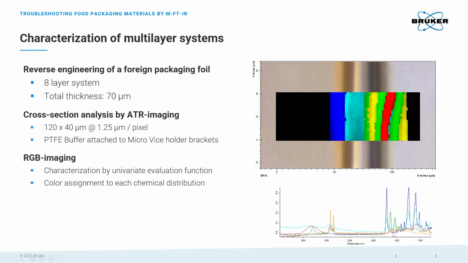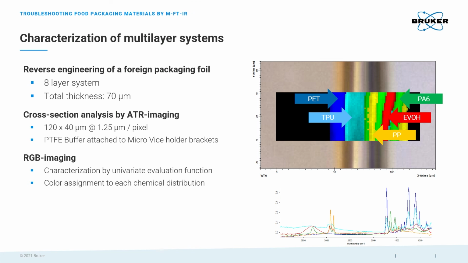That means we see the spectrum here. We integrate, for example, the characteristic bands of a certain layer, and then we assign it to a certain color code. This is the way we did it here. And this is how we can now see how PET, TPU, PA6, EVOH, or polypropylene are distributed. So we see that, for example, PA6 and also polypropylene layers are present several times. So in this case, we have 8 layers hidden in the structure.